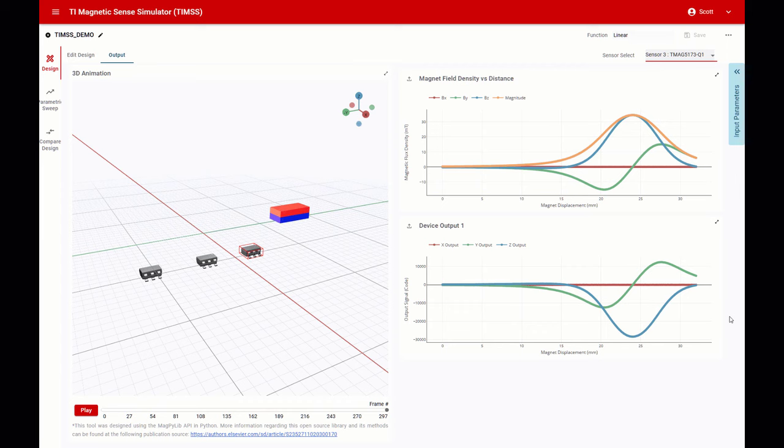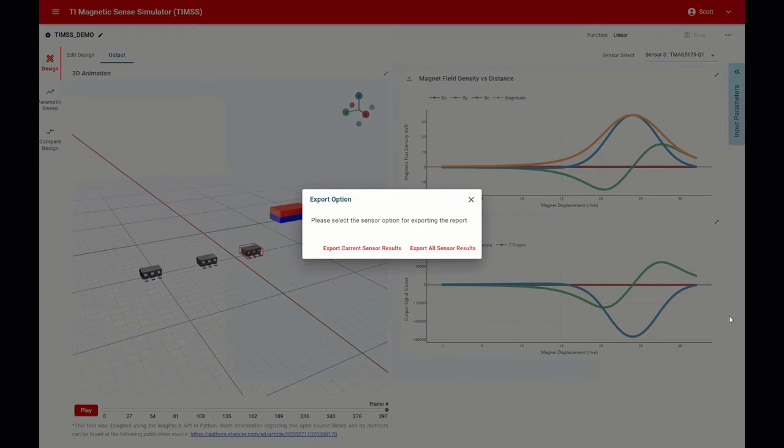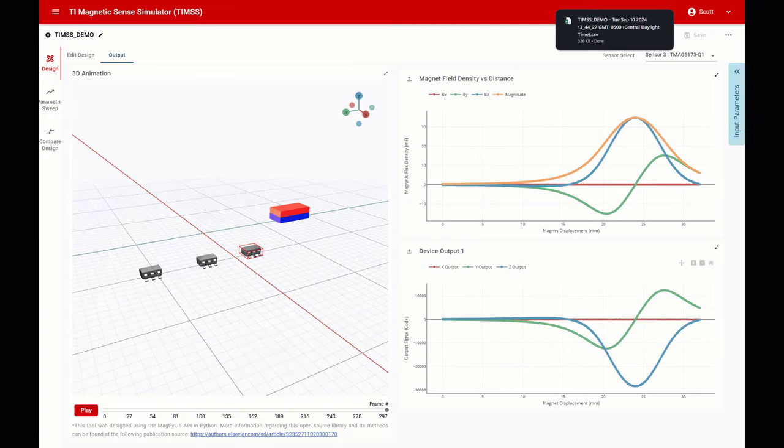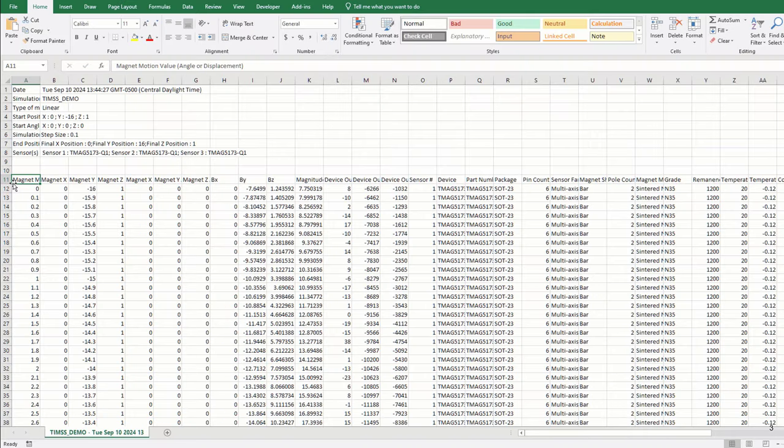To model this, we will want to export the simulation results into a useful format. We can do this by clicking into the Export menu at the top right of the screen denoted with 3 lines, select that we want to export our results to a .csv format, and then select to export data for all devices. When we open the data file, it is now possible to parse through the data and perform calculations on the various parameters. If we step through the file headings, we find that the first column contains our primary motion, and that this is followed by a series of columns which contain every relevant parameter from our simulation.